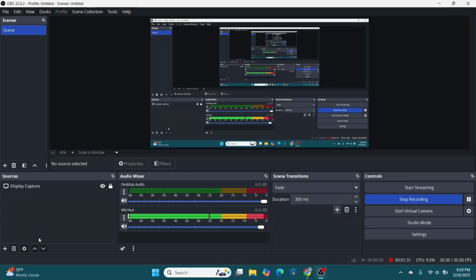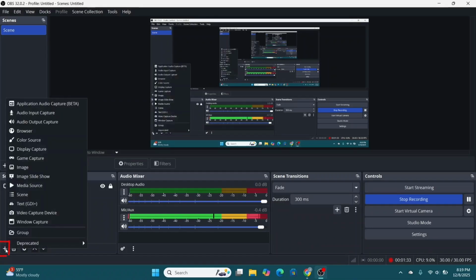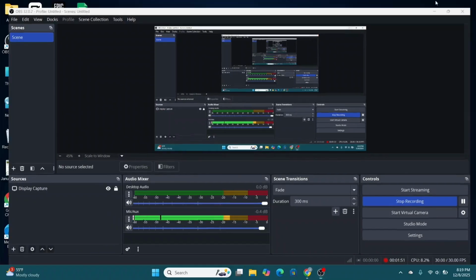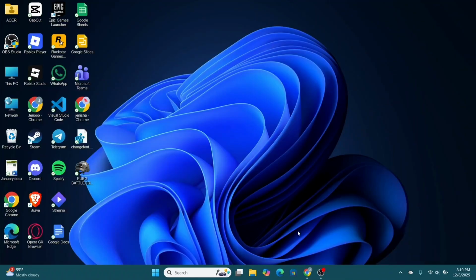So for that, look out for the sources option and select this plus option right here, and select the option of webcam from here. Look out for your camera video capture device, and once it is added, you can just go over and transform and flip the horizontal and start up the virtual camera on your OBS. And once this is done, you can just go over and go to your Discord,